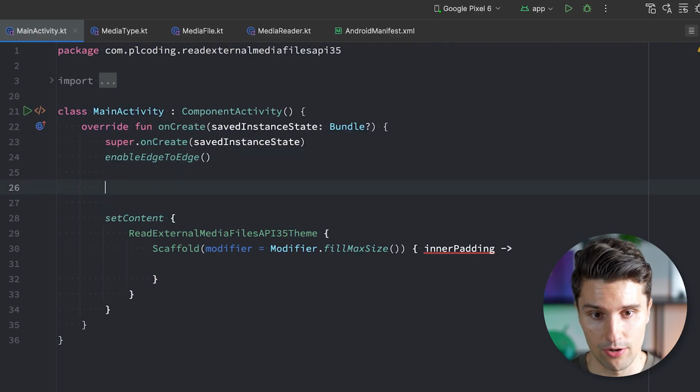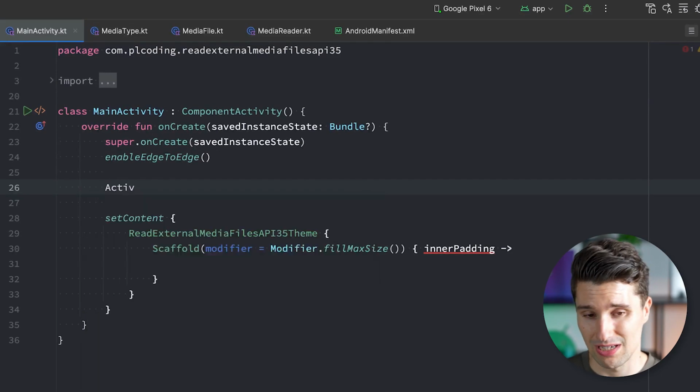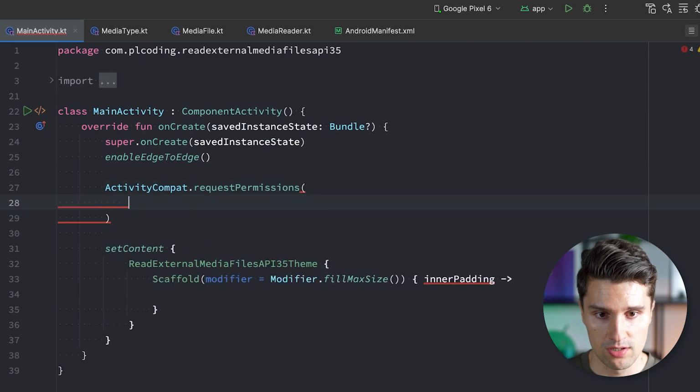I will say right away that I won't implement proper permission handling here with showing a permission rationale, with handling the user declining this permission. This video is much more about, hey, this is what you need in order to properly show and load all these external media files. So in order to request permission, we can use activity compat, request permissions,